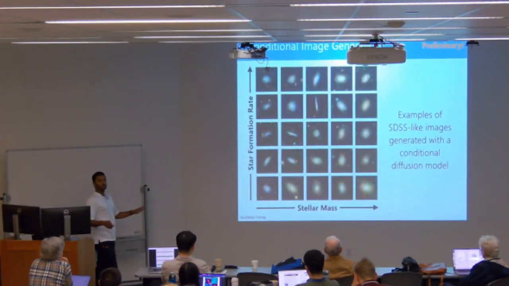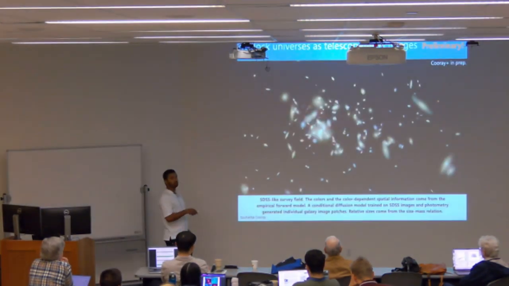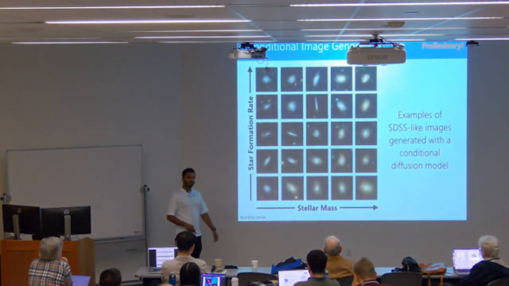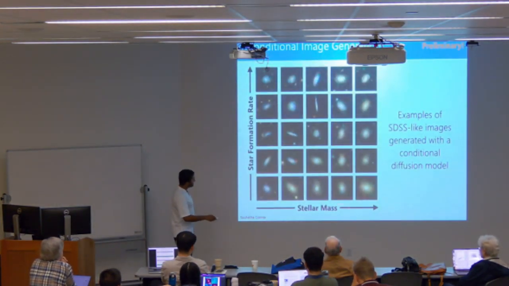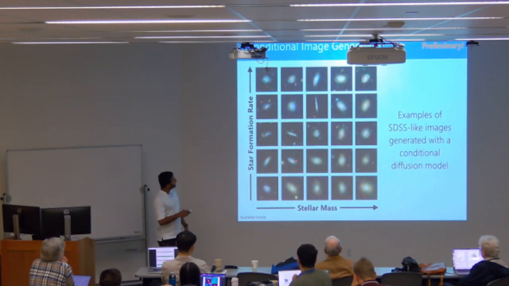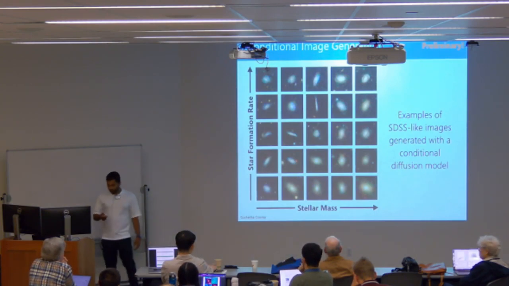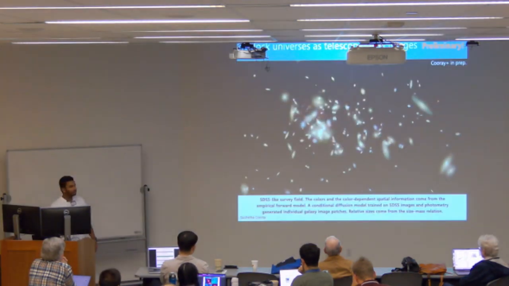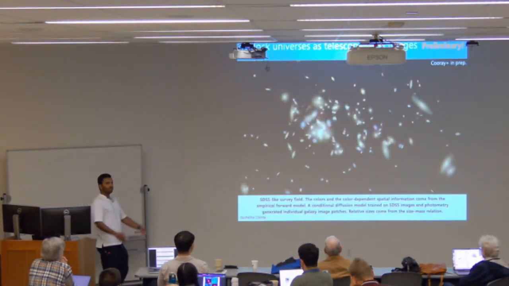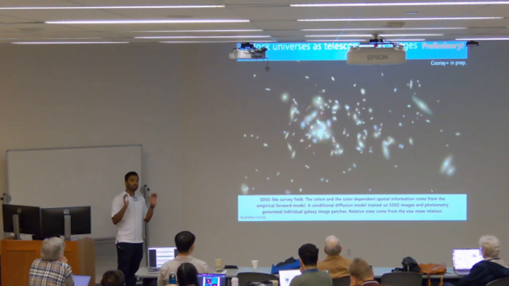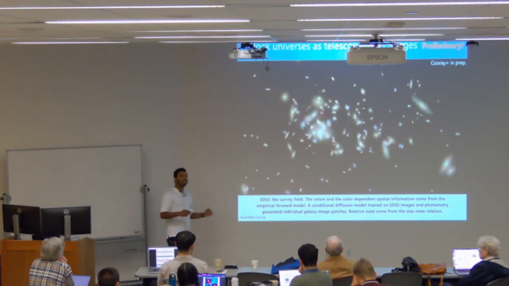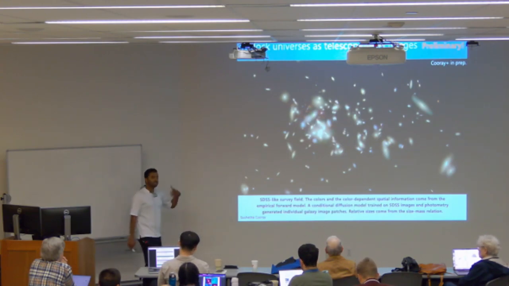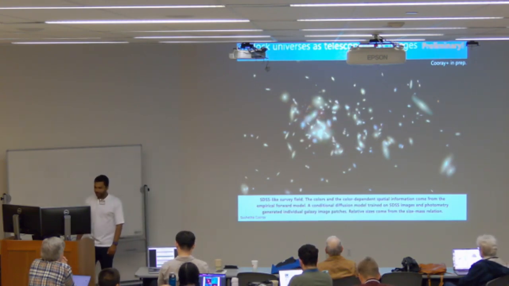This is one example of it. So these are fake SDSS images, by the way. As a function of stellar mass and SFR, you can see that these are doing well. Now you put all of that together, coming from essentially cosmological parameters, running a dark matter simulation, populating galaxies, calculating SEDs, and SEDs with galaxy images. And you put them all together, and we can start making these fields of galaxies.